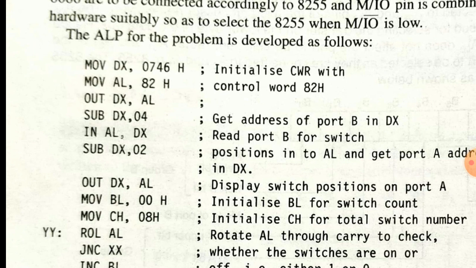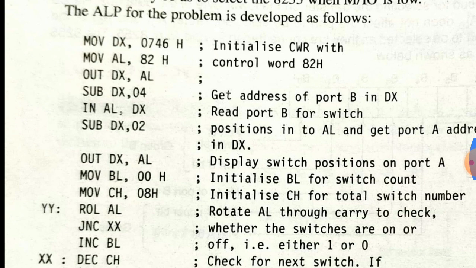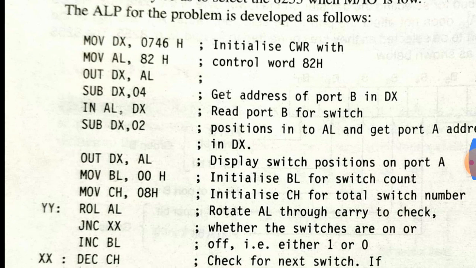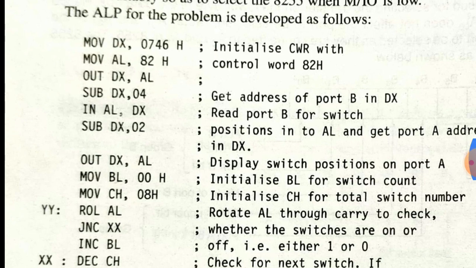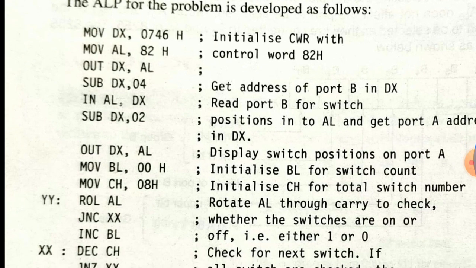The DX pointing address, which is nothing but the CWR register. When the 82H value is loaded into the CWR register, it indicates that the CWR register is formatted as per our requirement.